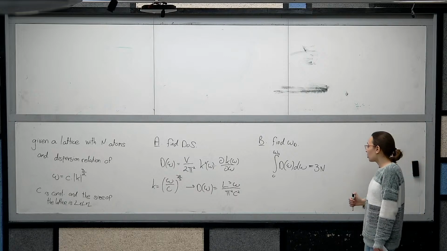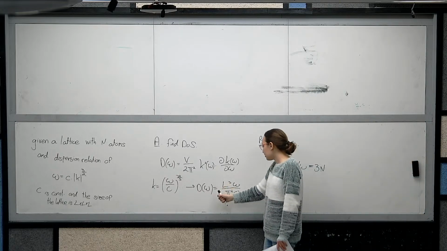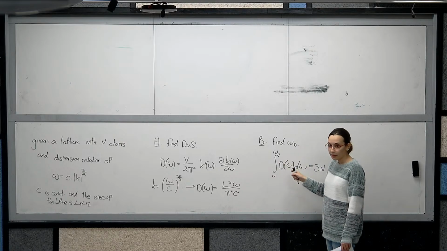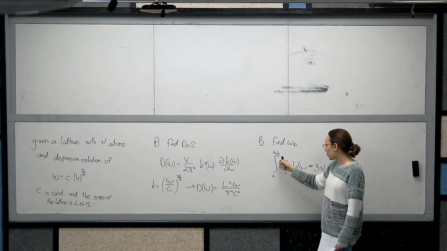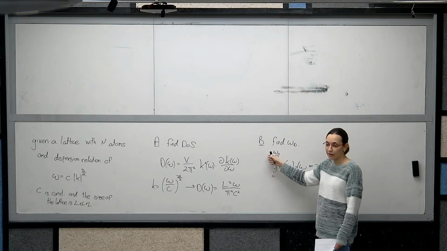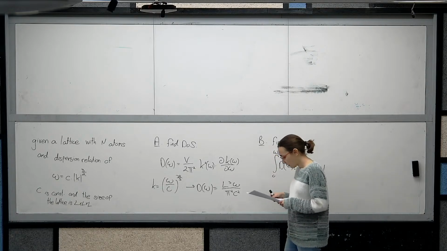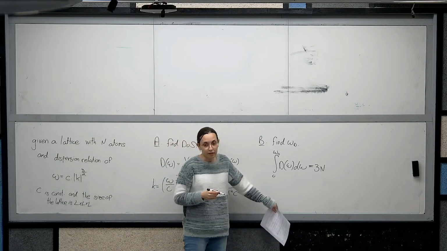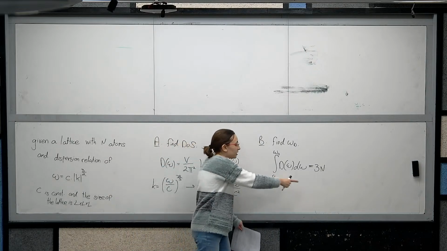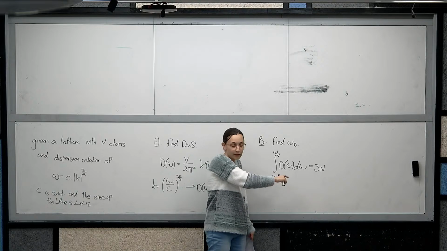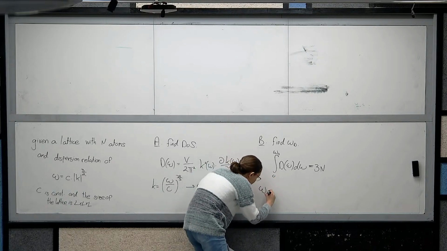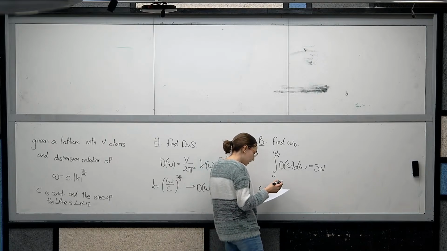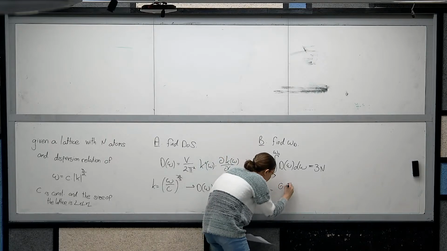We need to insert this density of states into the integral and solve it, and then we will have an equation from which to extract this omega d. Because we're short on time, let's just write the final answer, since it's just solving this integral. So the final answer is that omega d equals